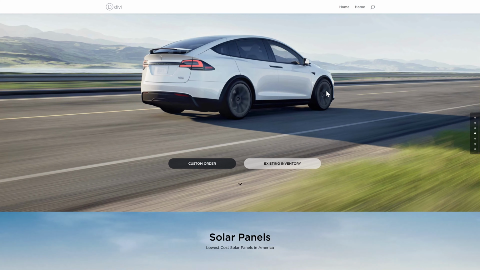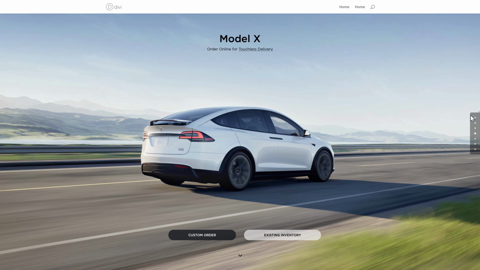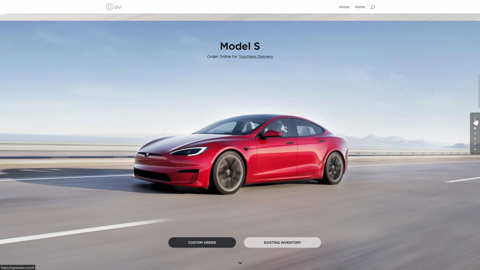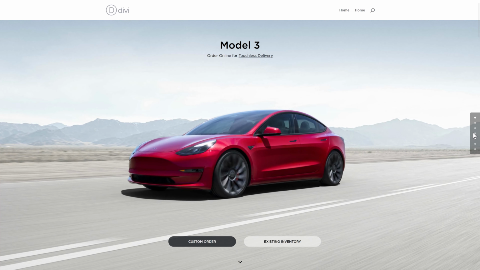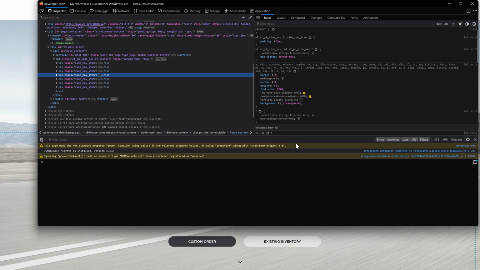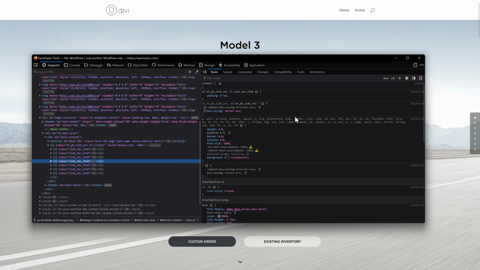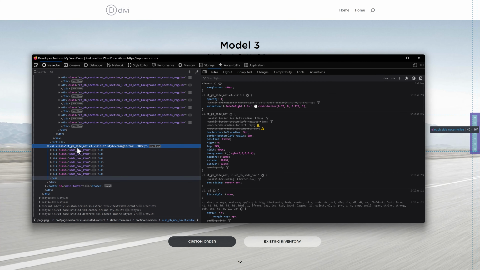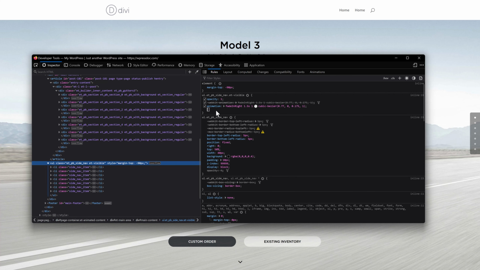Isn't that awesome? So now it actually slides like this, but you still have these things on the side. And I actually don't want that. So what we're going to do, we're going to inspect this one. And the great thing on the inspector is that you can also add CSS to test it out. This entire ETPB site nav, I want to use the functionality of this thing, but I don't want to show it because on the Tesla website, they also don't have it. We're just going to type in over here, display none.